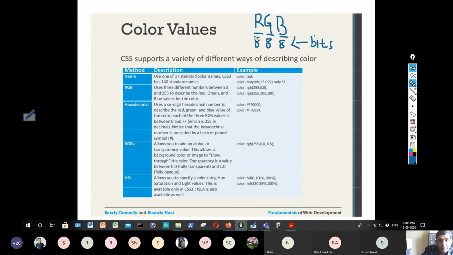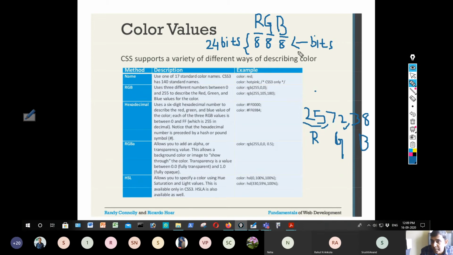So that means 8 plus 8 plus 8, totally how many? In the RGB model, 1 pixel is represented by 24 bits. I want to give a pixel a blue color, how can you give it? It can be specified, for example, as 25, 72, 38. What does it say? It says the intensity of red is 25, the intensity of green is 72, the intensity of blue is 38.